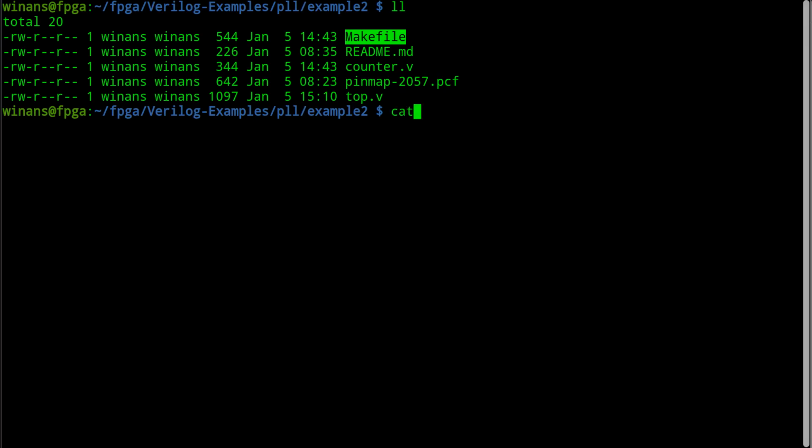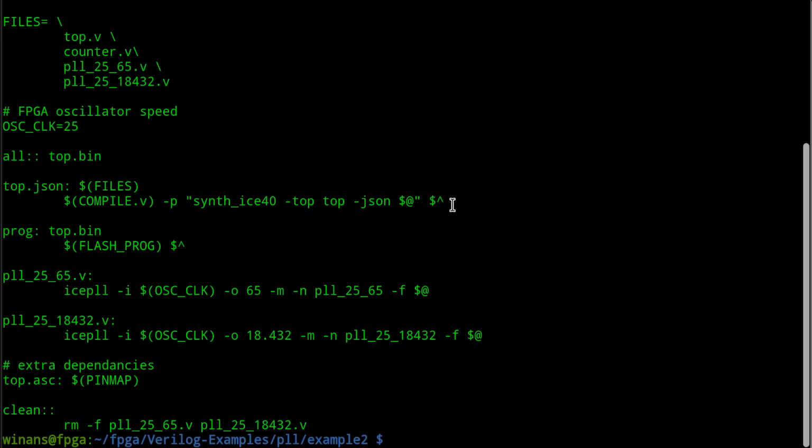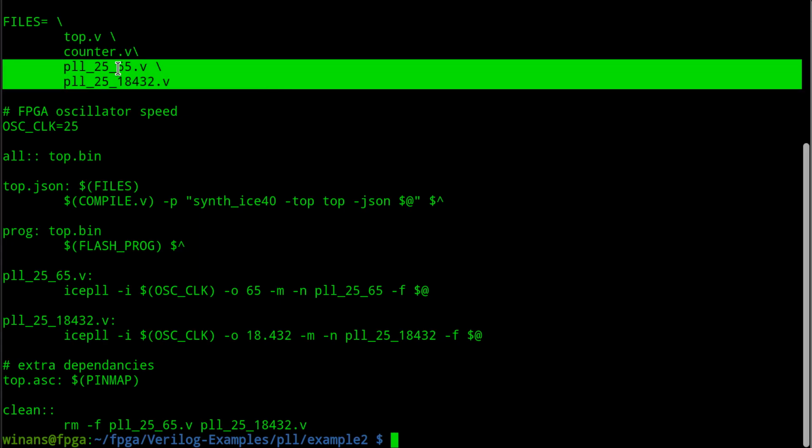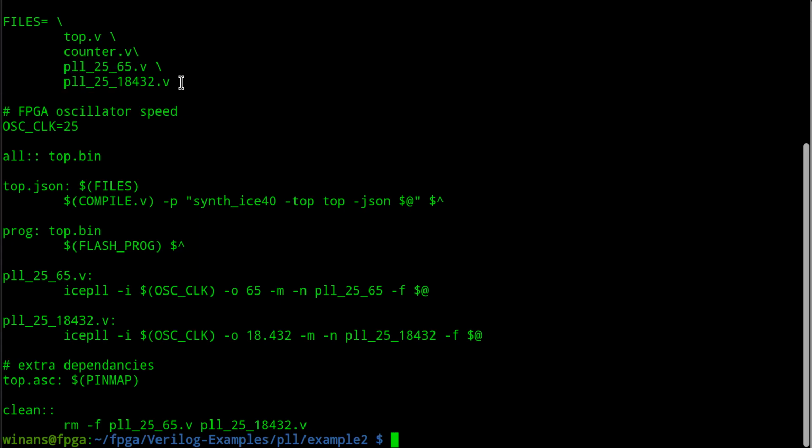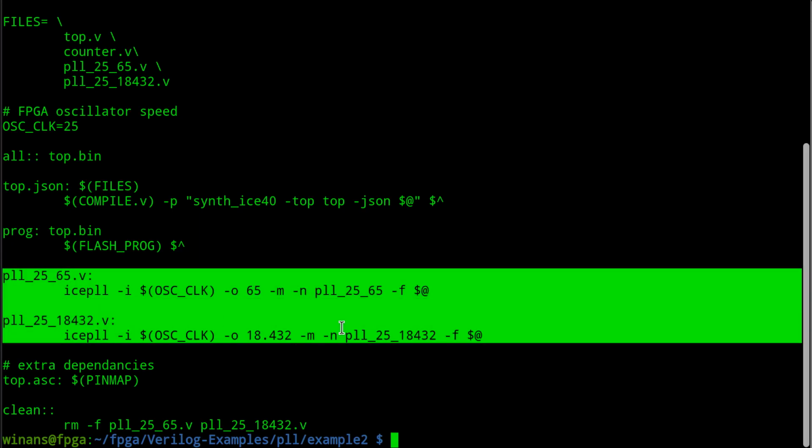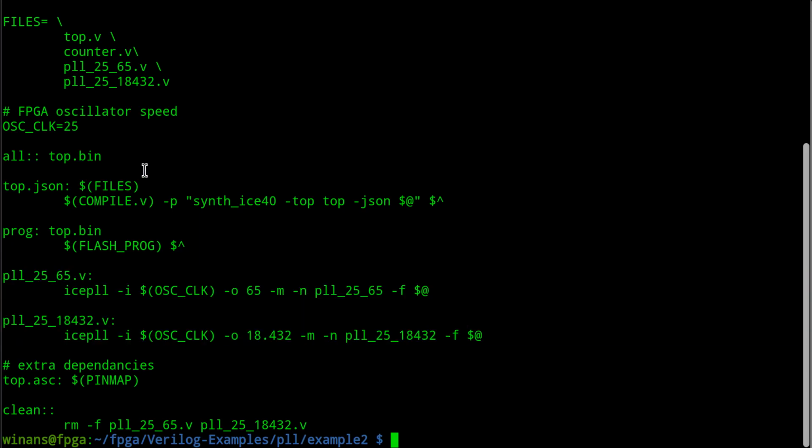In my makefile, this is basically the same example we saw before. It includes the need for these two files, but they're not in the source tree. I put those ICE40HX commands in my makefile. I'm going to just generate them when I type make. Okay? This gives us a little bit more configurability. However, because the ICE40HX command, as far as I know,